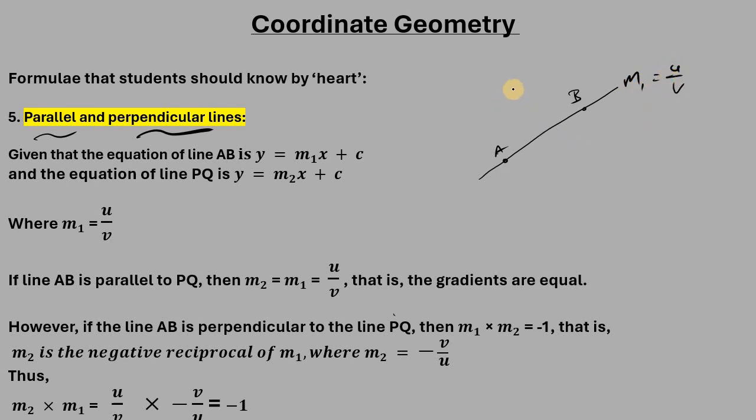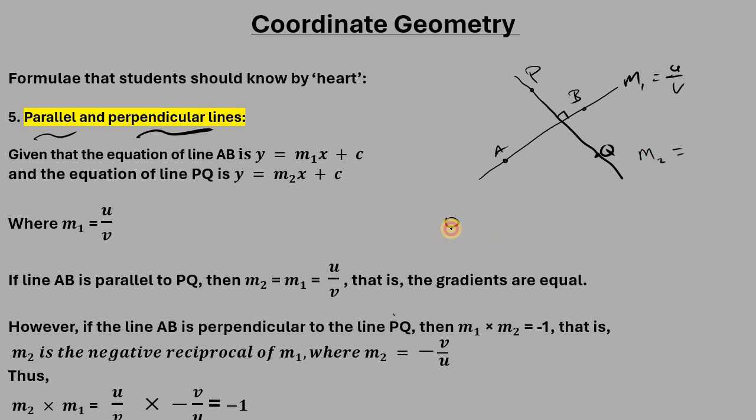If I have a line that passes through line AB at 90 degrees, let's call that line PQ. Then line PQ will have a gradient, because it passes through at 90 degrees, that will be the negative reciprocal. Now, obviously, if you have a line sloping in this direction, going down from top to bottom,